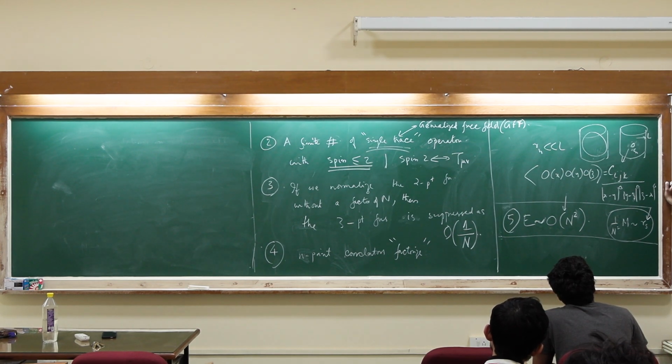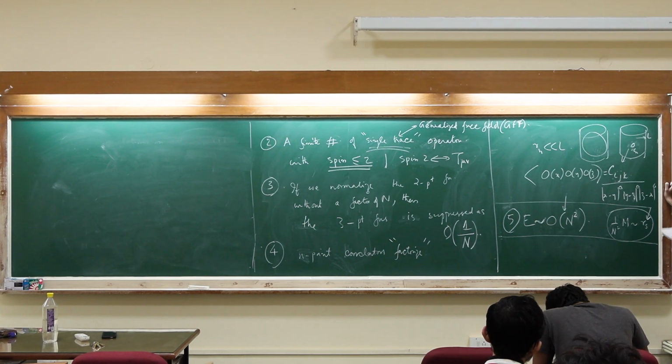Because for the bulk questions, typically we don't even understand what the... Note that at finite N and finite lambda, at least in principle, we know what the theory is. We have a Lagrangian we can write down. In principle, if we could do Euclidean path integrals with fermions, which is not an easy task, but at least in principle, that's something one can put on a computer. We can try. There is at least some sense in which people have made progress on these kinds of questions.